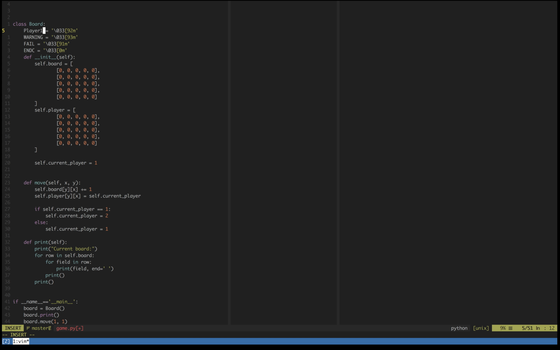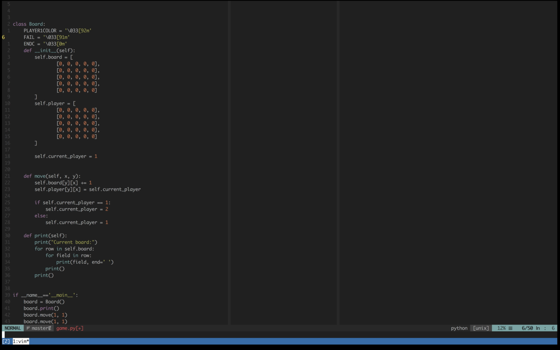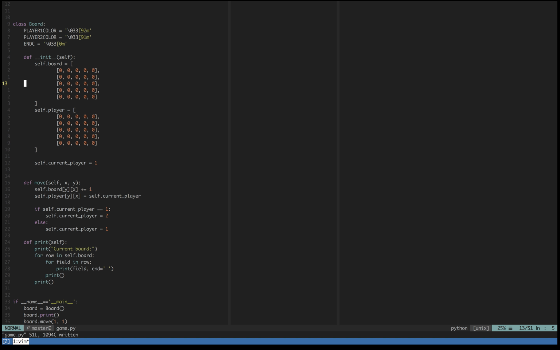This one will be player one color. This one I don't need. Player 2 color and end color. So this is the terminal way of displaying color. So here now what we do is player, actually now we need the coordinates. So this one would be y and this one would be x. And okay, this is more or less